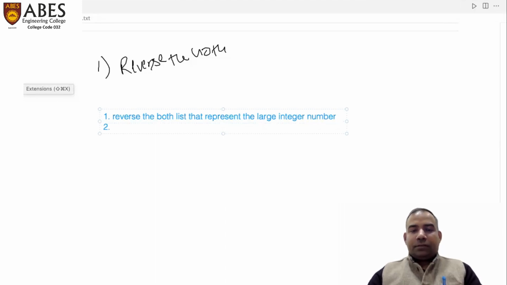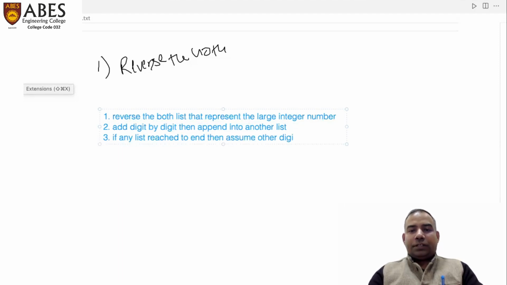Okay, in the second option, add digit by digit, then append into another list. Okay, the third is what? If any list reaches the end, then assume the other digits as 0 and perform the same operation